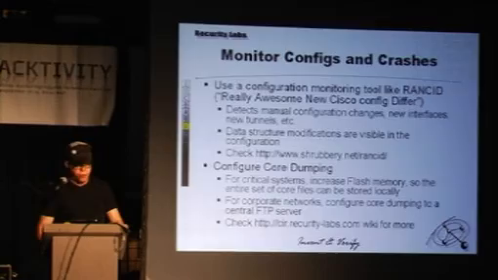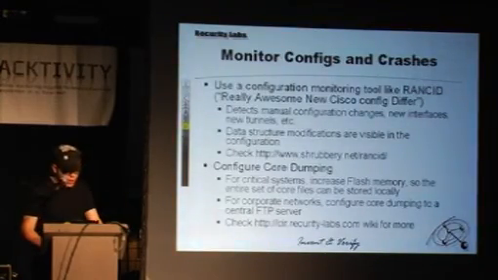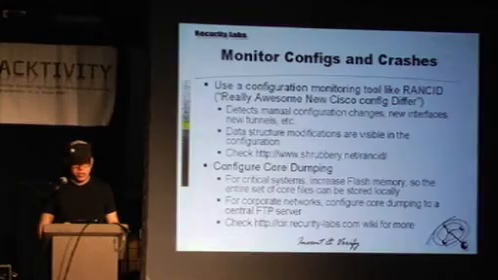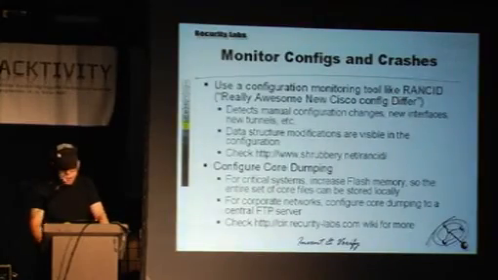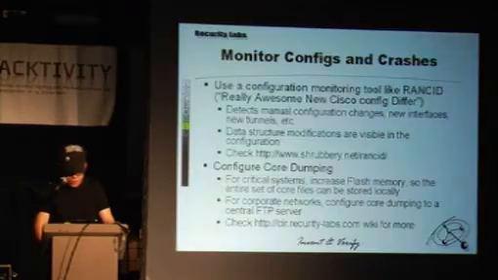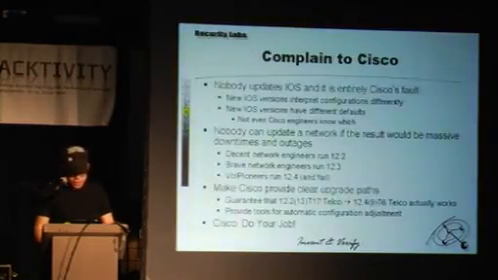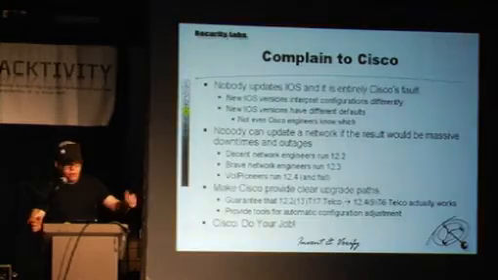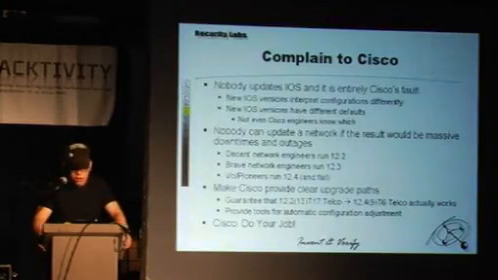As I mentioned, we have an online validation service for core dumps where you can upload them, and we're trying to figure out if you got hacked or not. And there's a wiki at cir.recurity-labs.com that explains more about the core dumping and what we can find out about it. Well, we can go complain to Cisco. It's not like they would listen, but we can still do it.